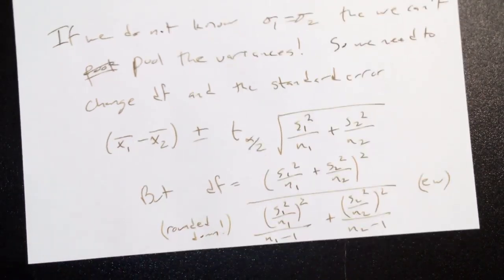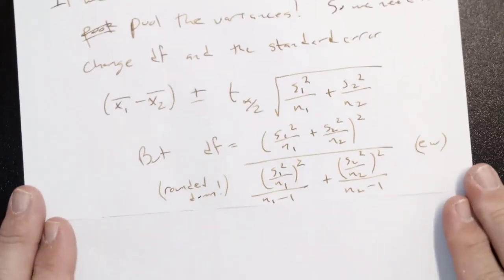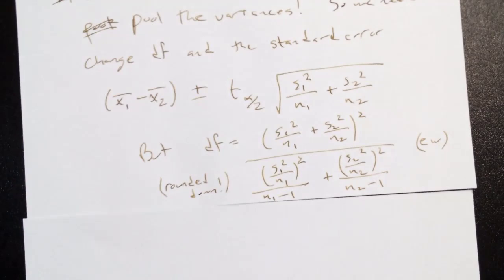So if I wanted to do this same thing without a pooled variance, I'm going to get a different t-value because I'm going to have a different degrees of freedom. And if I have a different degrees of freedom, I'm going to end up with a slightly different interval. Now, again, I feel pretty happy